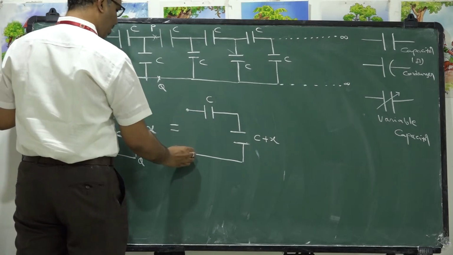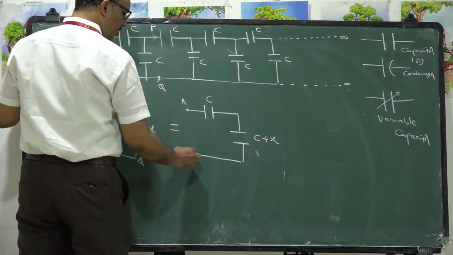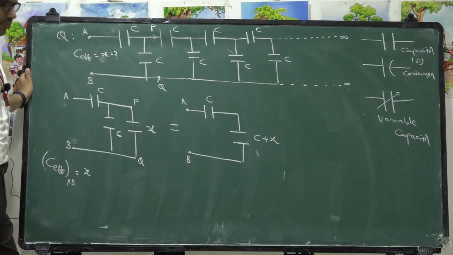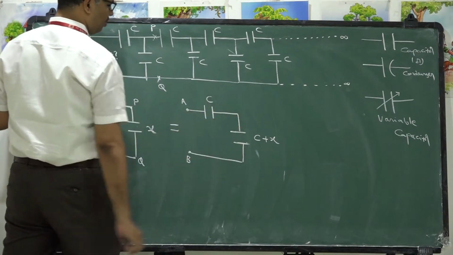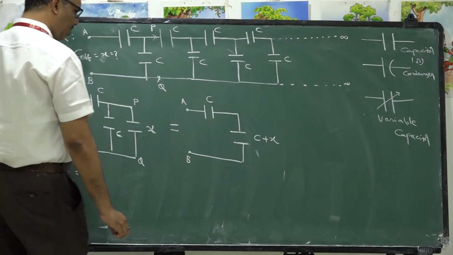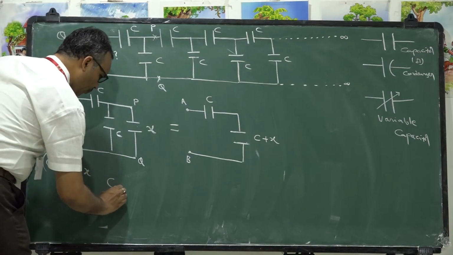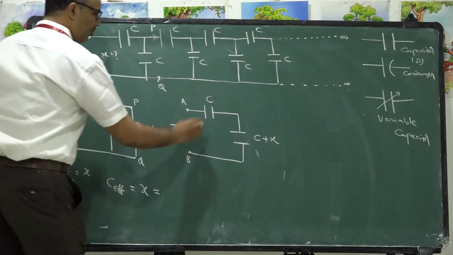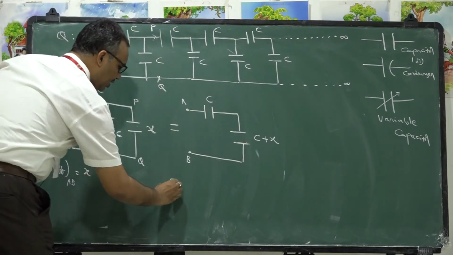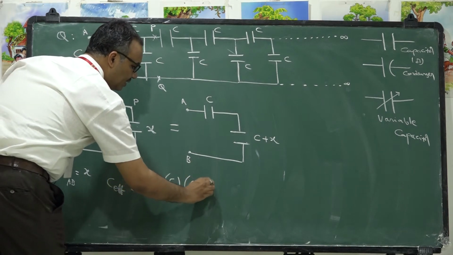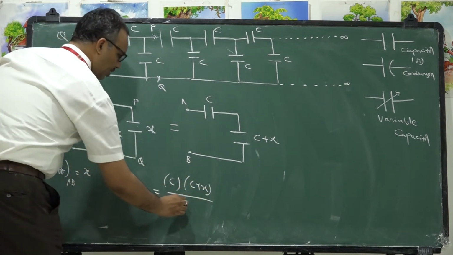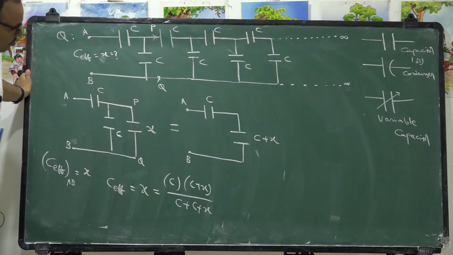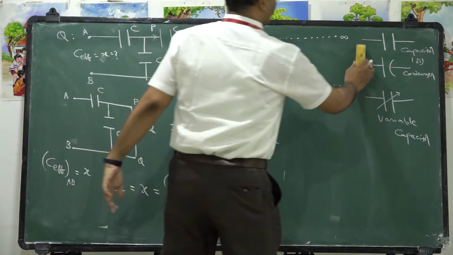Now I would like to find effective capacitance between A and B. What is effective capacitance between A and B? Again, X only. So these two are in series combination. In series combination, if you find effective between A and B, you will get X. That must be equal to the series effective capacitance, that is C into C plus X by C plus C plus X. Now, if you simplify this,